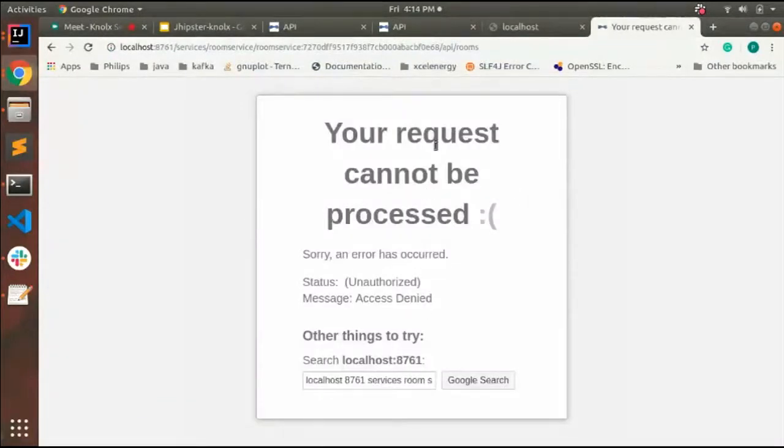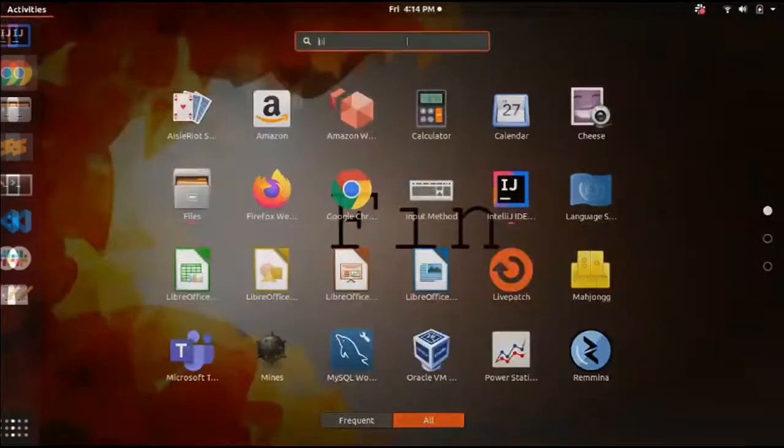Here you can see this is telling us your request cannot be proceeded because, as we have provided, it should be a secured route. Through JWT, we can access it. So I will show you through that. I will open my Postman.